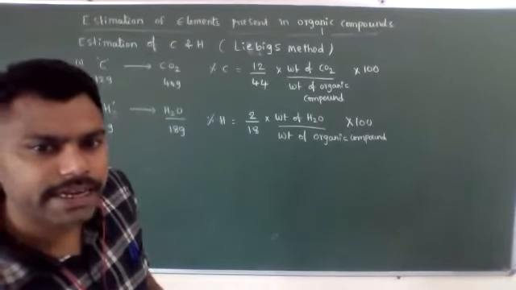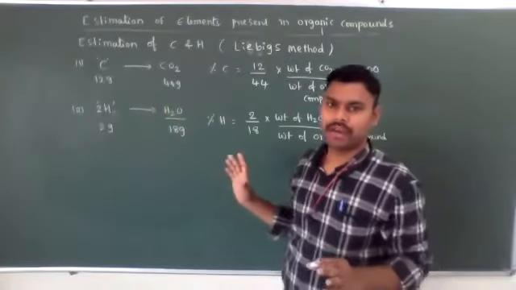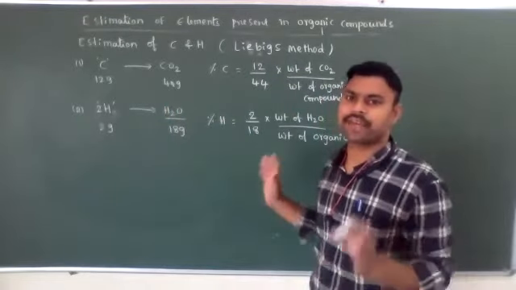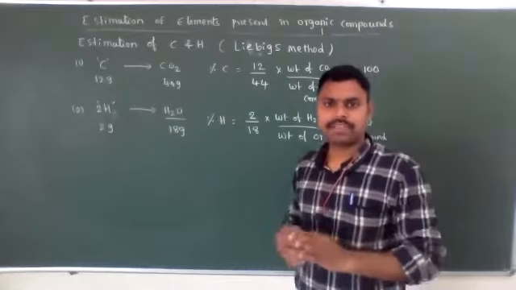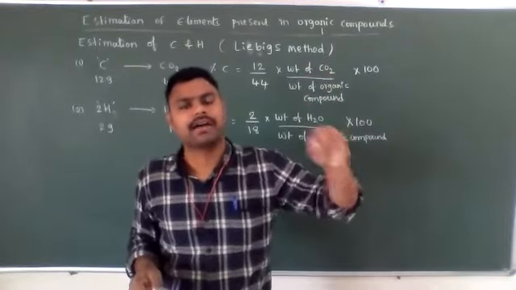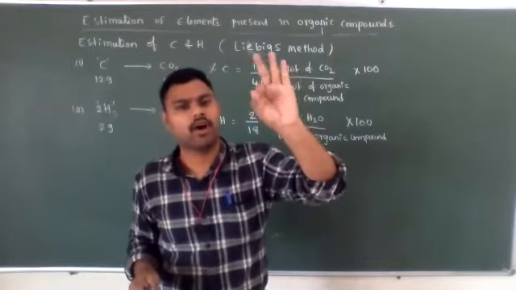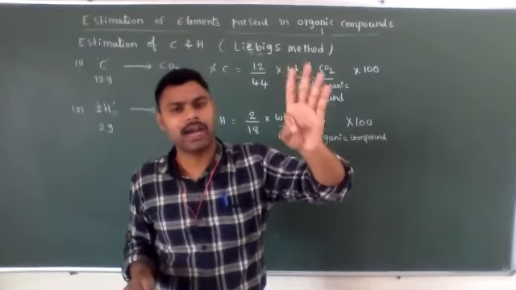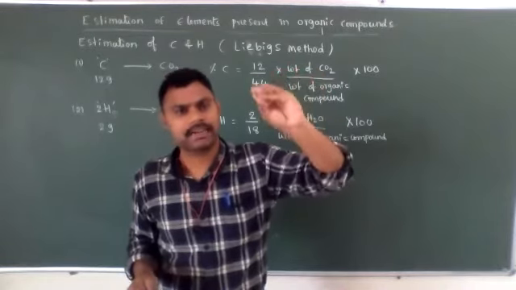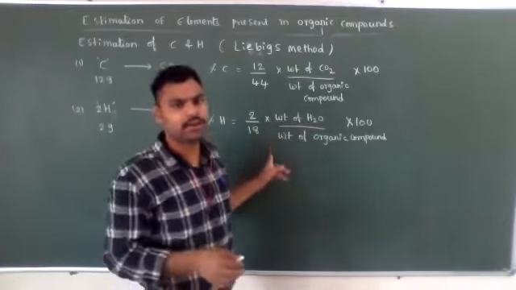Here they won't give any name. We just need to find out the molecular formula as well as the empirical formula. So they will give some hints. The given organic compound contains the elements carbon, hydrogen, oxygen, or maybe halogen atoms. Only weights they will give, so according to those weights we need to find the percentage.